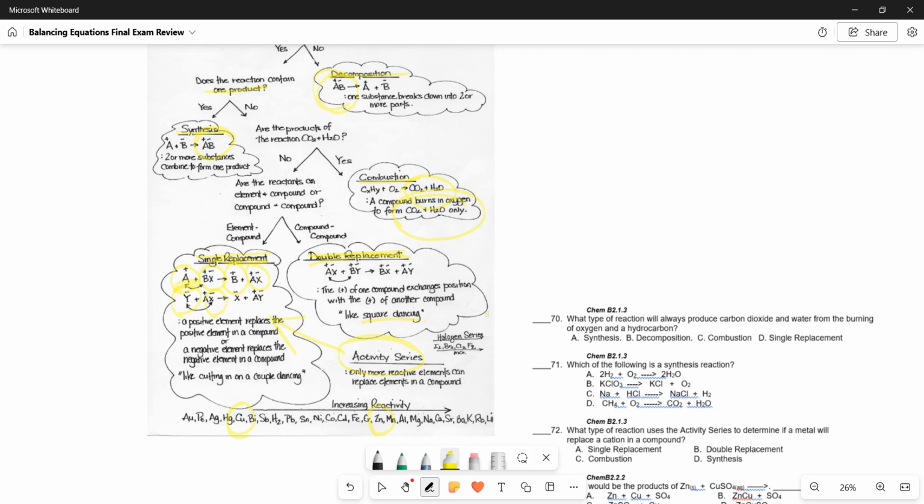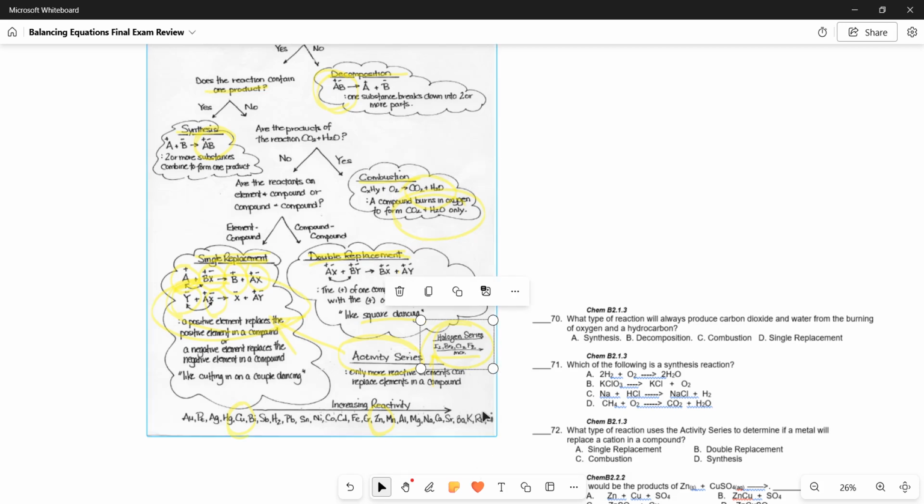And likewise, if it's the halogens, if we have the second equation down here, you're going to use the halogen series. Fluorine can replace any of the other halogens, and iodine can replace none of them. So this is an increasing value here. Okay, so we're going to make reference to